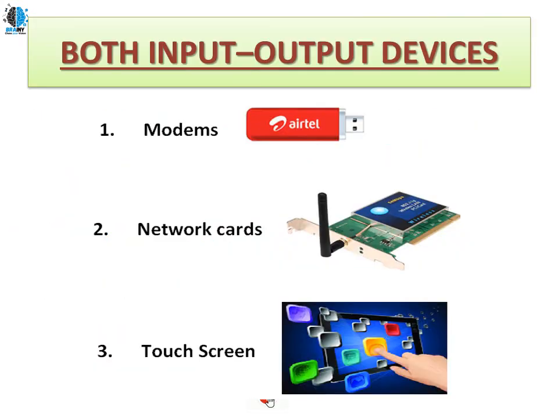These are some both input and output devices which are presently available. The first is the modem. A modem is going to receive the signals from the network, as well as give network connectivity to the computer system. So a modem is both an input and output device. Same as this, we have a network card in a computer system, which at the same time receives signals and gives signals to the network. Next we have the touch screen. On a touch screen we can give input and we can get output. So these are some examples of our both input and output devices.